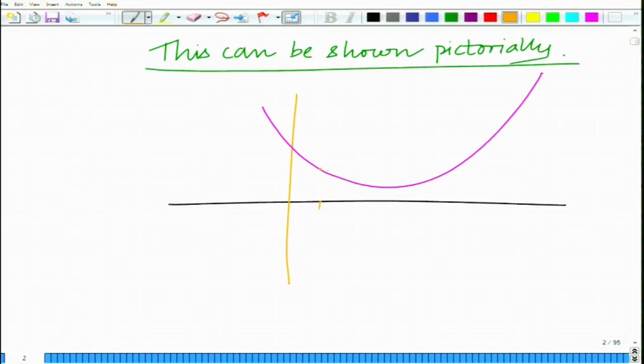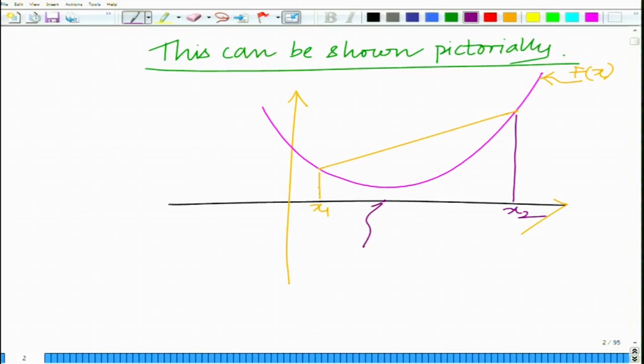This is your f of x. Let's consider a simple one dimensional x. Let these two be the points. This is your point x1 and this is your point x2, and let us take a convex combination of